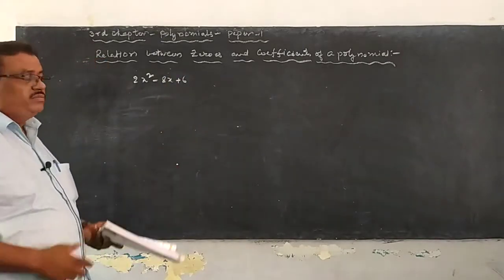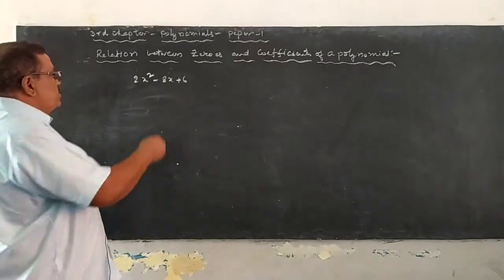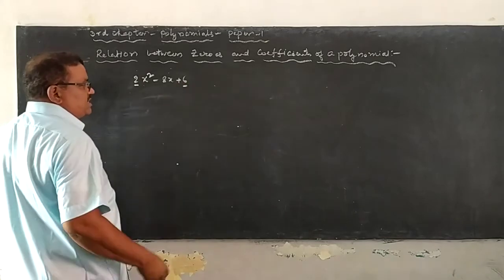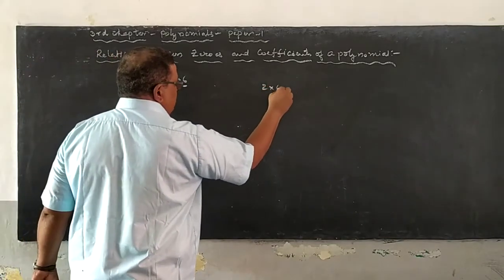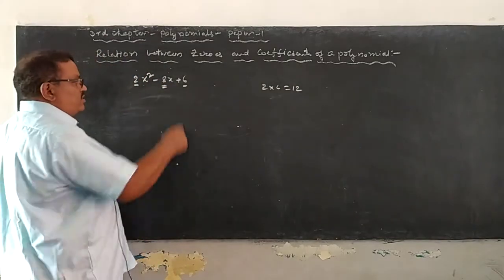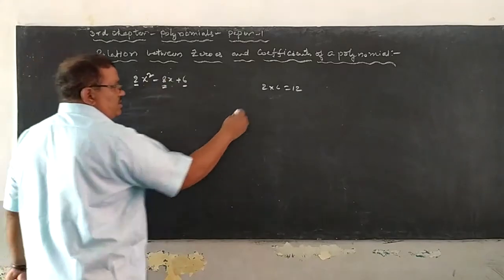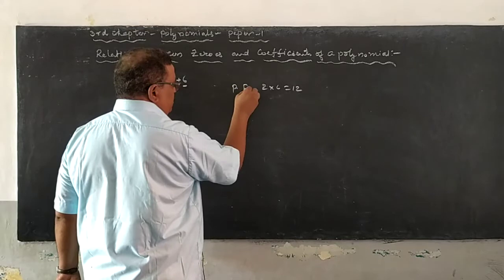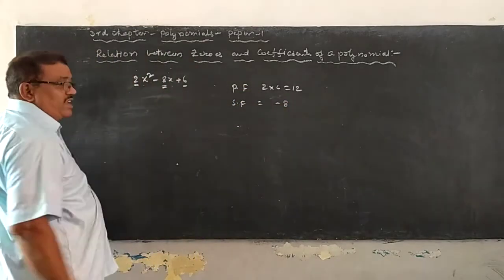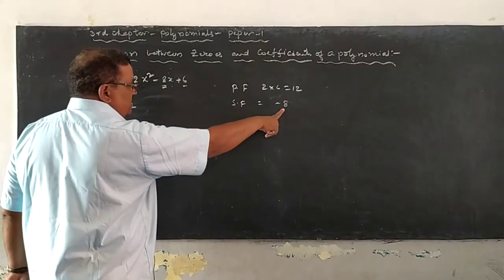Before doing this, first of all we have to take the factors of the given polynomial. So what are the factors of this? The x square coefficient is 2, the constant term is 6, 2 times 6 is 12. The coefficient of the x term is minus 8, so the product of the factors is 12 and the sum of the factors is minus 8. So how do we factorize this one?